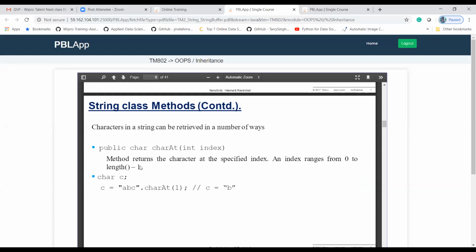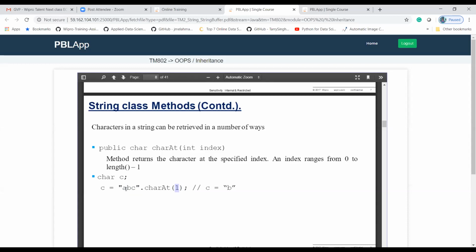charAt is the method which is used to find the character at that index value. charAt of 1 means, in this string object abc, it will check the index, which starts with 0, 1, 2.